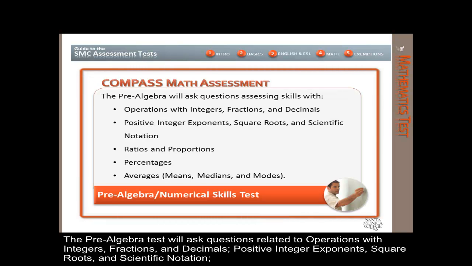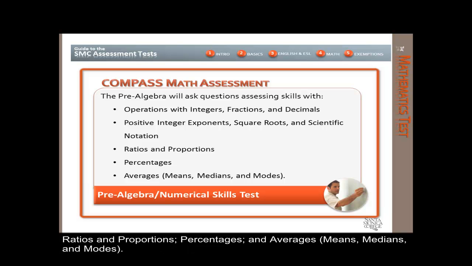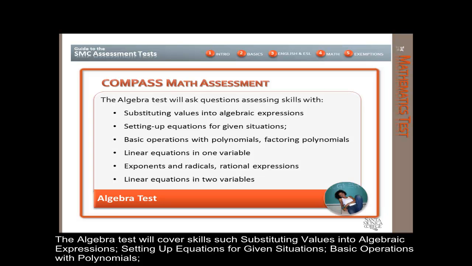The pre-algebra test will ask you questions related to operations with integers, fractions, and decimals, positive integer exponents, square roots, and scientific notation, ratios and proportions, percentages, and averages such as means, medians, and modes. The algebra test will cover skills such as substituting values into algebraic expressions, setting up equations for given situations,